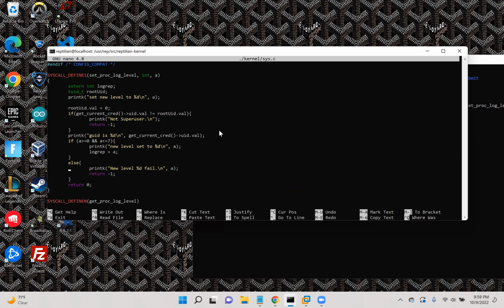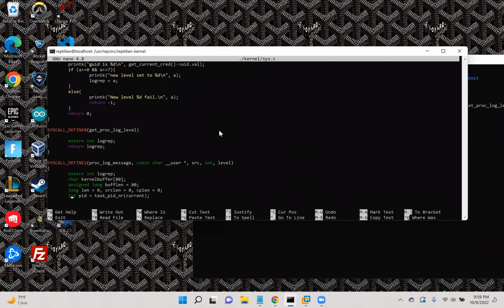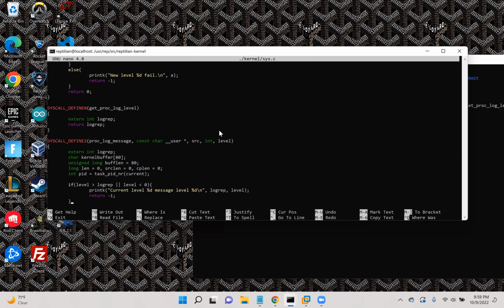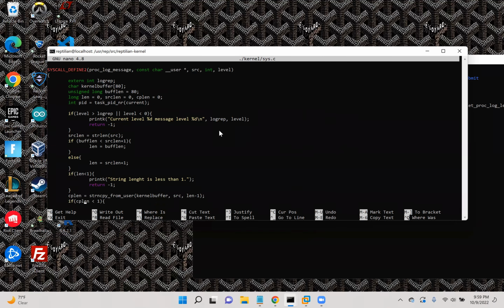If it's not, it would just return a fail. That's the end of that function. It would just return 0 at the end. And this syscall define 0 is because get proc log level takes 0 parameters, and all it is doing is returning the log level of the system. And then this takes 2 parameters, a proc log message, and it